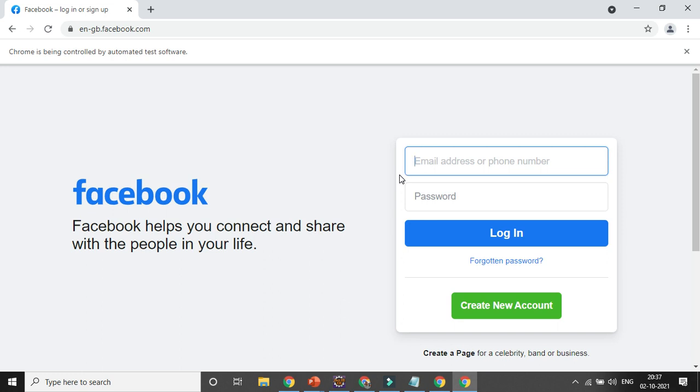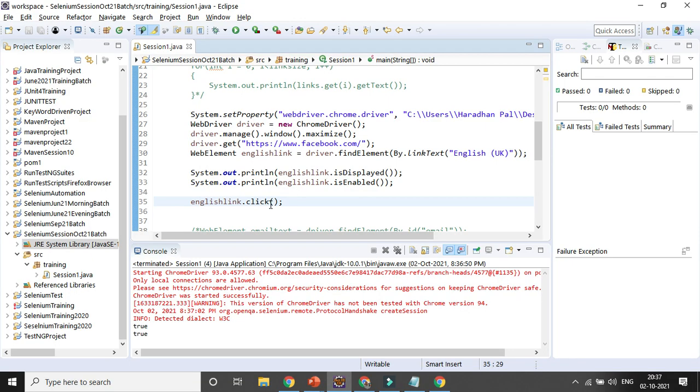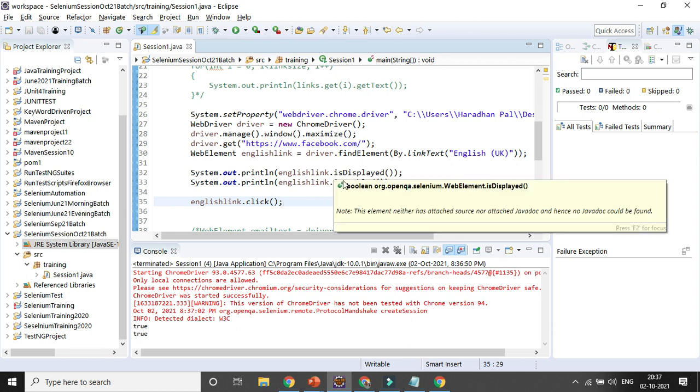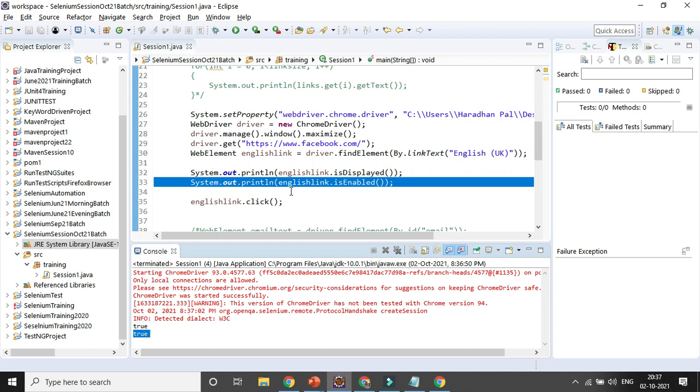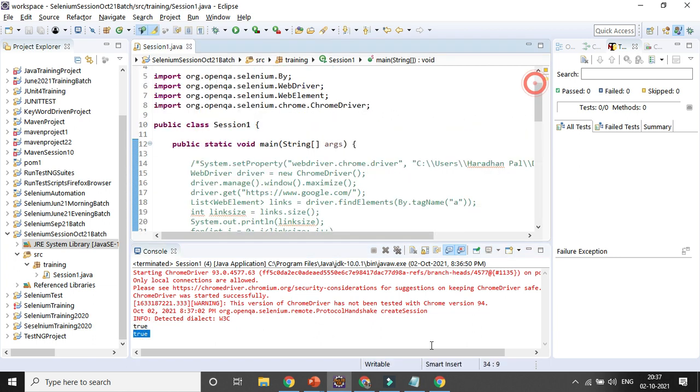Sometimes you need to check whether it's enabled or not, right? You are already in the testing field, so you already know, for some web fields you need to check whether they are enabled or not. Suppose a drop down value is there but it's enabled or disabled, you need to check it. That is the validation you can do this way. For each and every field you can first check whether displayed or not, enabled or not, then you can do the operation. You can see both are true, that is the reason it is able to click it. So that is the different part for today's session. I think I have already covered it. Let's recap one more time.